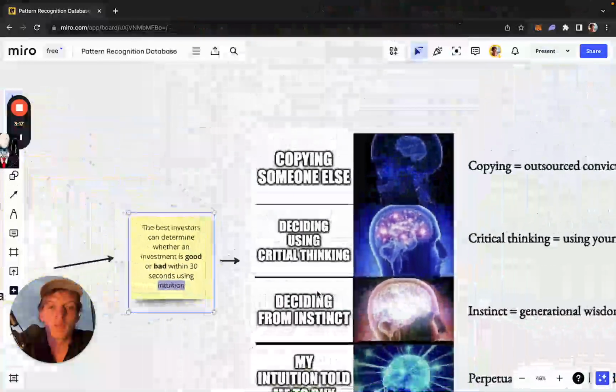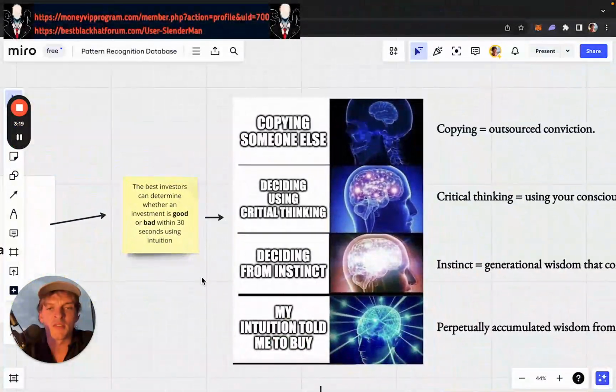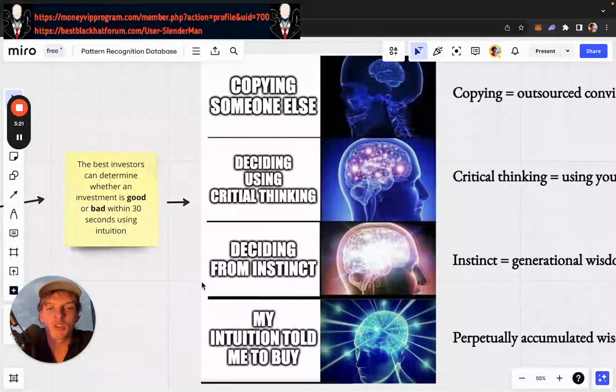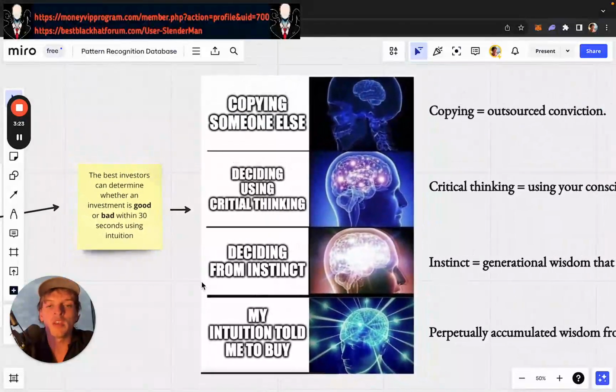And I made a meme. I like making memes to help you understand things. I made this meme to help you conceptualize what I'm saying. So when people are deciding, let's say, any investment-related decision, what to buy, when to buy, etc., the lowest, most retard level, most fucking despicable... Actually, no. I wouldn't say that. Okay, if you copy someone, it's actually not bad if you copy someone, but you have to do it correctly.